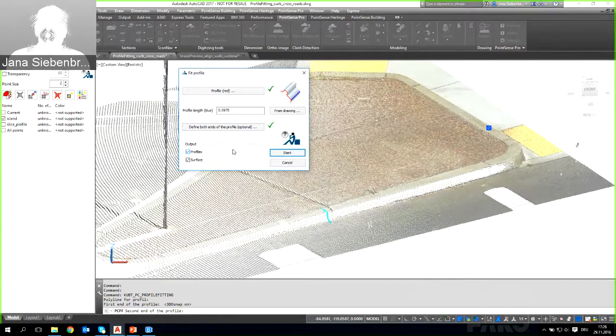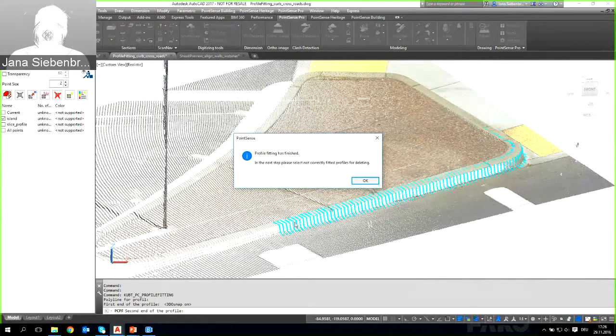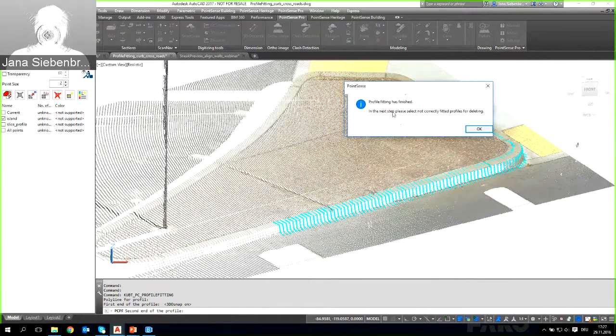And I just click start, and you can see this is really real time. The profiles are fitted very quickly. It starts in one direction, and once it reached the endpoint, somewhere there around the corner, all right, it will continue to the other direction of the selected cross section. And now I'm asked